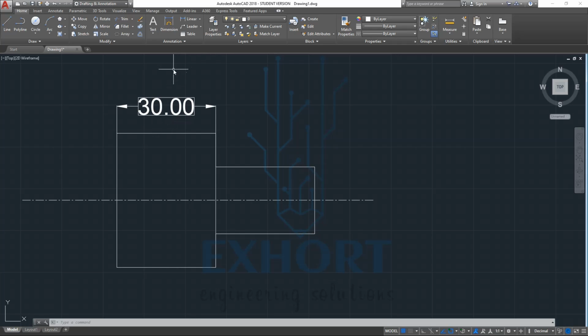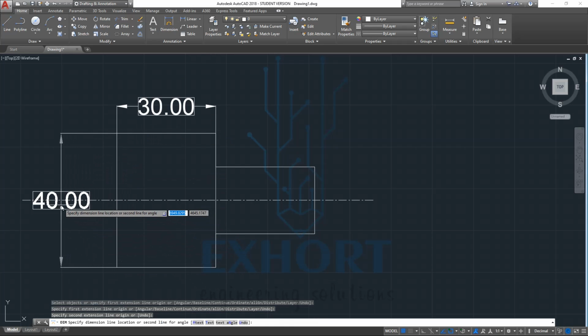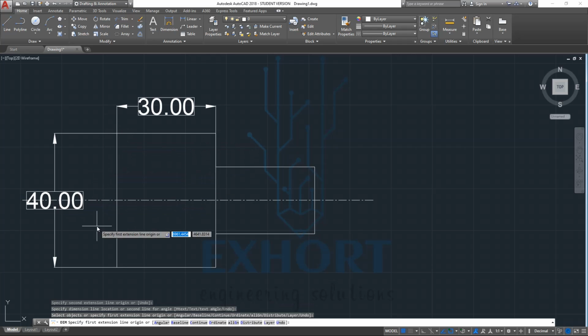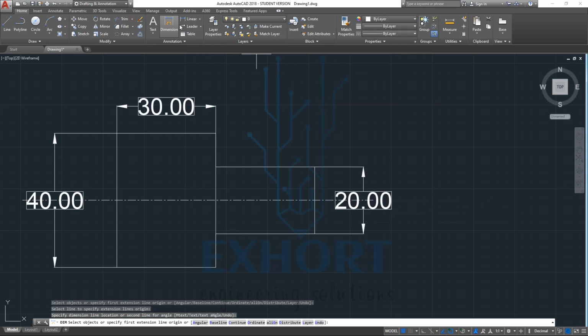So I will show you how to use this dimension tab. Select this dimension, then select the first point and end point, and you will notice that this distance is 40 mm. We can also choose this line. By choosing these we can continue our line selections. You will notice that this is the 20 mm line.